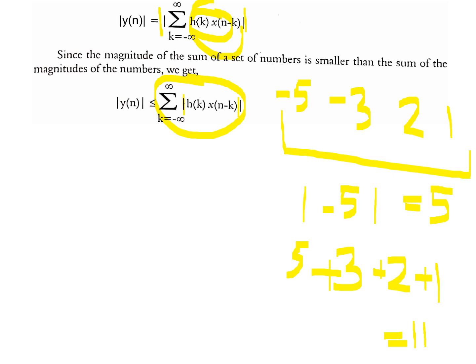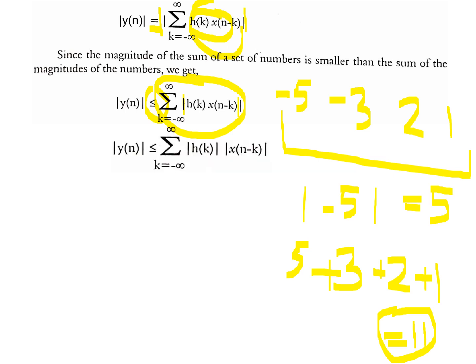If I take the magnitude first, then add, or if I add, then take the magnitude, which is bigger? The second one is bigger, isn't it? That means if I take the magnitude, then add, it is bigger. This is the reason your equality becomes greater than or equal to; see, the sign changes. Because I'm taking the sum first, then the magnitude, then I'm converting it to magnitude first, then sum. So the equality becomes greater because of this demonstration. Now I think you can agree why I can write the equality as greater than or equal to. Then this is clear.